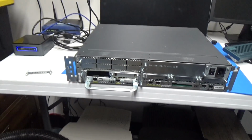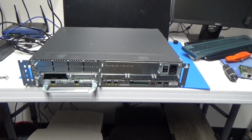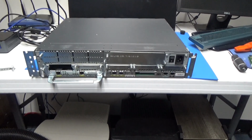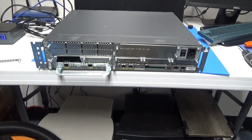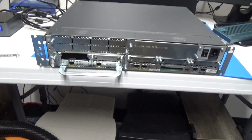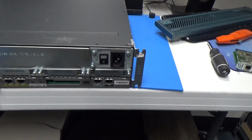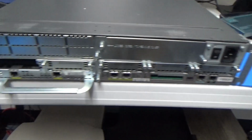And it's just still so strange to me that one of them sticks out further than the other. And I guess it matters so they all line up the same way in the rack, if you've got more than one. I don't know why they made the hole spacing different so you can't flip it around. But I have them on here backwards, so the right's on the left and the left's on the right